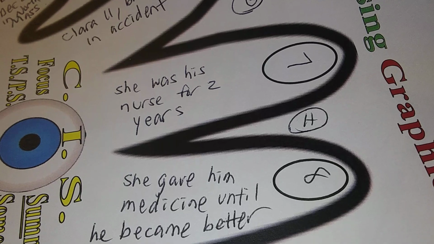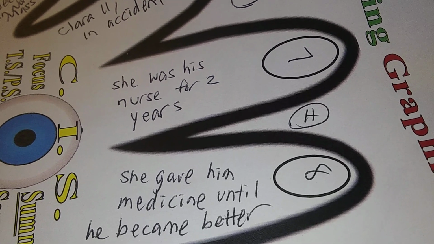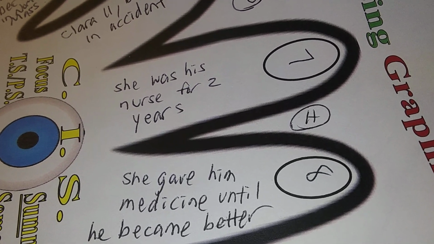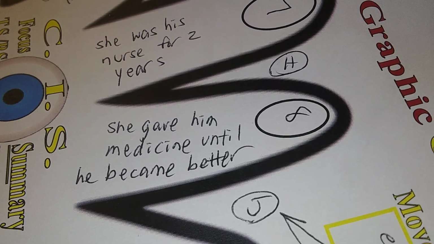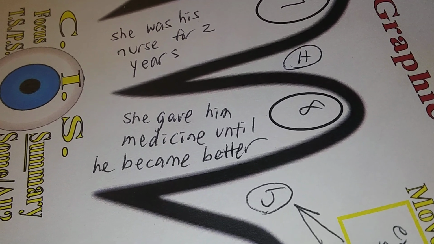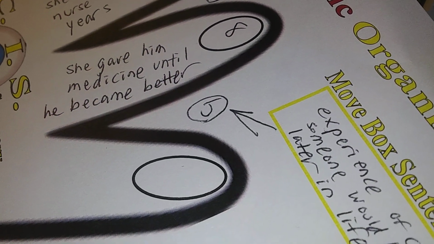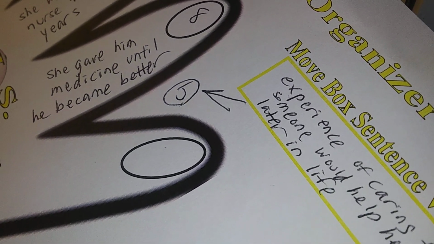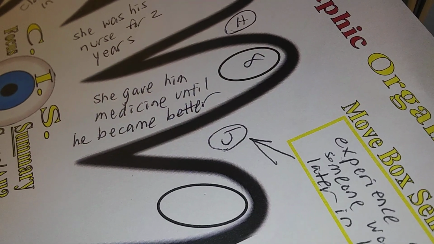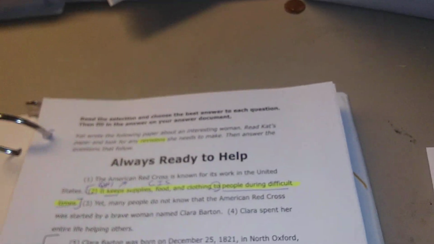She was his nurse for 2 years. Well, because that didn't give enough details about what she did as his nurse, then that wouldn't be the best place to put it. She gave him medicine until he got better, because that was a specific example of something that she did. Then you can say, okay, as a closing sentence, she used this experience of caring for someone to help her later on in life, perhaps becoming a nurse. Okay? So that's how I would do